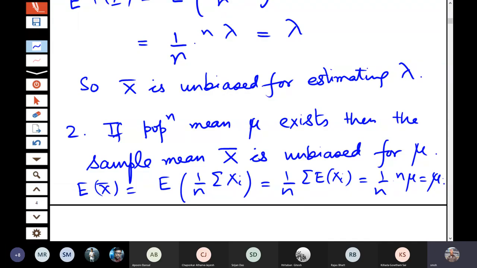So if the population mean exists, then we can always use sample mean as an unbiased estimator for the population mean. What is the meaning of unbiasedness? Unbiasedness means that it does not discriminate between the values. As I mentioned, I was telling about large values as estimates and small values. So it does not discriminate. For example, high income, low income, high age, low age, it does not discriminate. So that is known as an unbiased estimator. However, this is only one of the properties. Let us look at some other properties also.